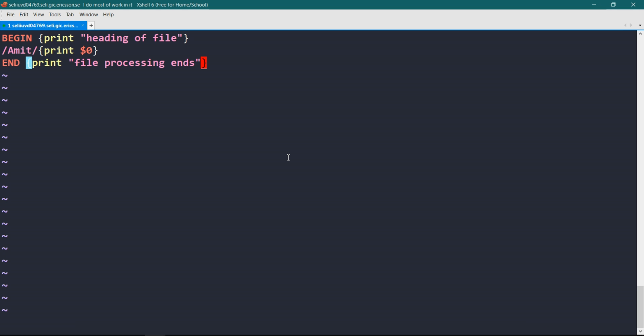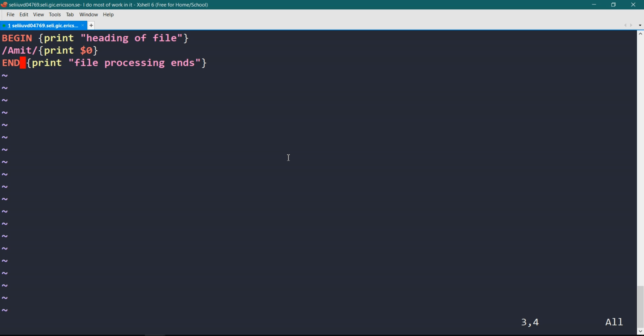Okay, here one thing you need to see: we are not putting any quotes, like we used to put here. So when you are running from a file, you don't need to put the quotes. Simply write your statements line by line, BEGIN, then this. So this is a good way of writing your program.